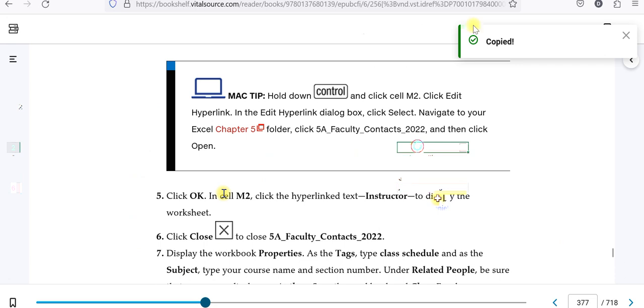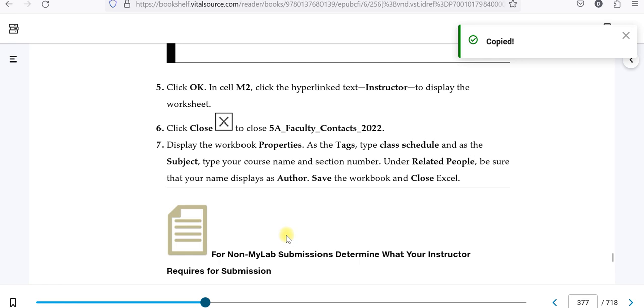So display the workbook properties. Tags, we're going to class schedule. We're going to go to copy, related people, and all that kind of stuff. Okay, and save it and close it. I'm not going to waste your time. You've seen me do it before, so it's going to be